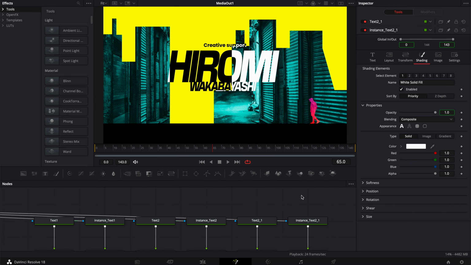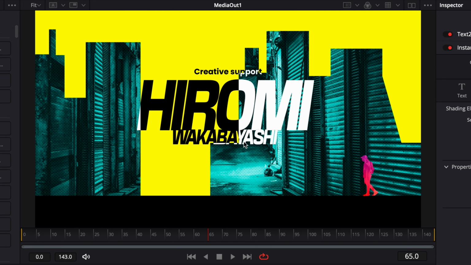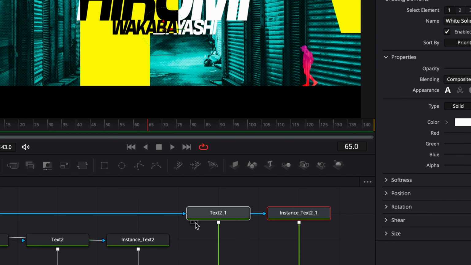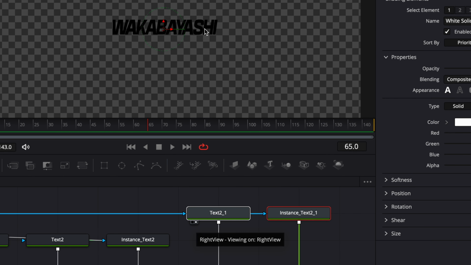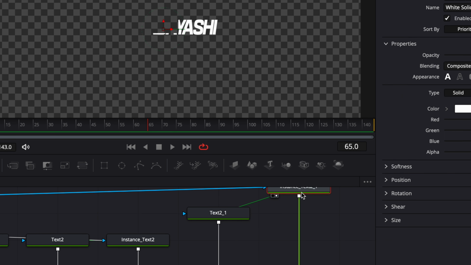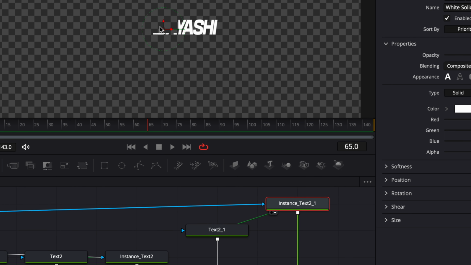All right, just let me try to explain quickly what we just did. So here, if we take the Wakabashi, for example, we have 2 Wakabashi texts, okay? We got 1 Wakabashi text that is black, and we got 1 Wakabashi text that is white, all right? But as you can see, the white text, we've applied the mask to it, meaning that everything that is outside the mask is gonna disappear.